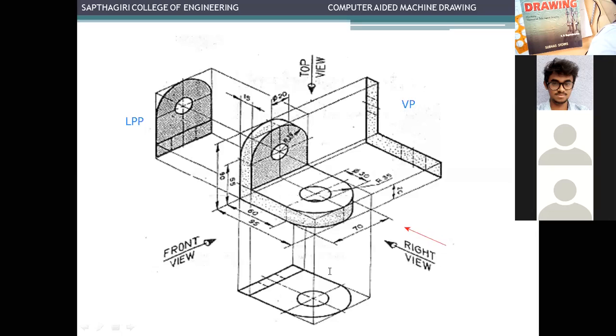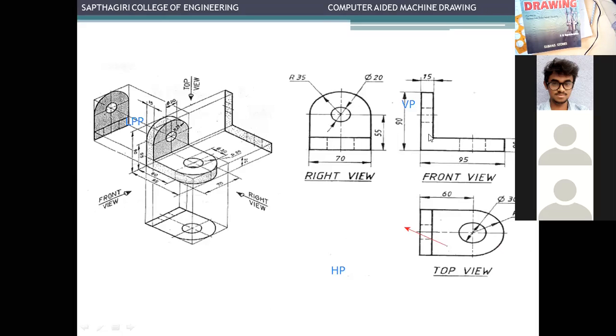And similarly, this will be on the horizontal plane HP. So I hope you have understood the concept of three-dimensional projection. And then I'll go to the next slide. That is how these views are drawn.